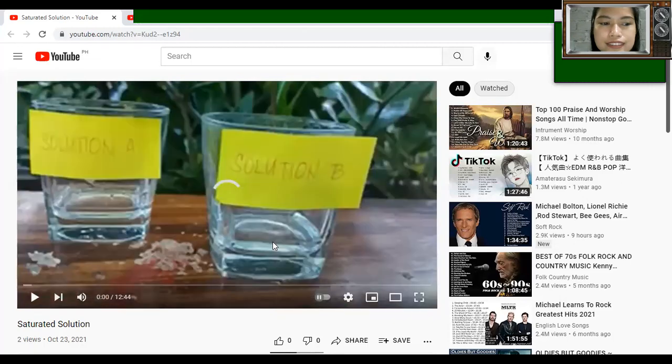So in procedure 2, it is already added, I guess, with this 20 ml of water will be added half a teaspoon of sugar and then stir. If all the sugar is dissolved, another half teaspoon of sugar will be added and stir, and